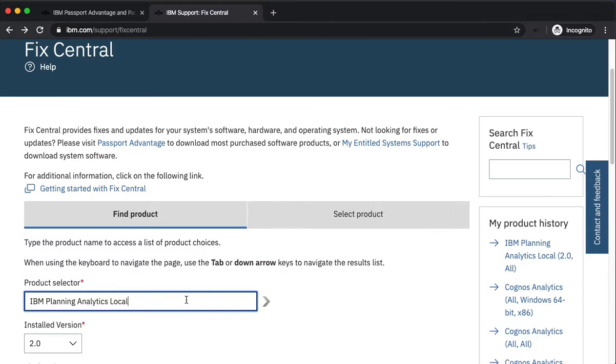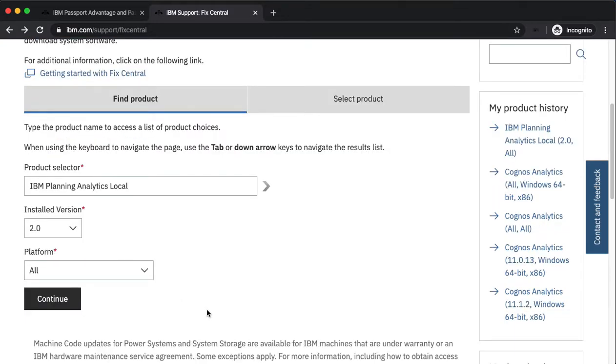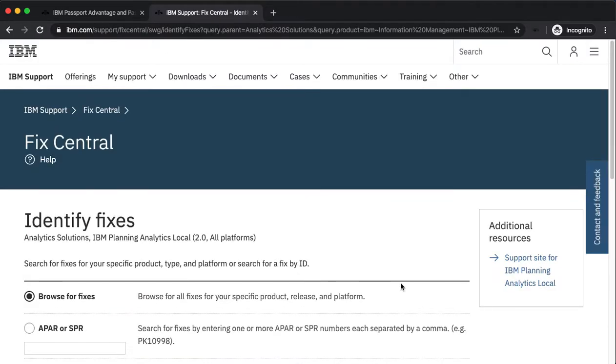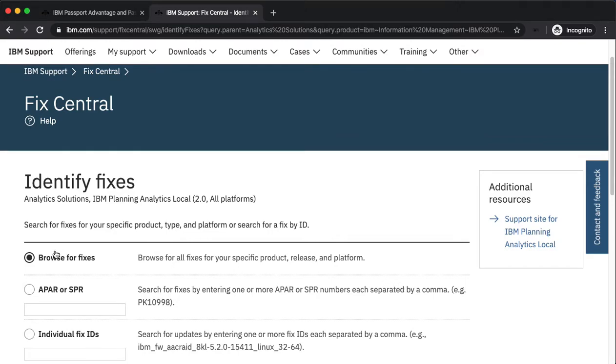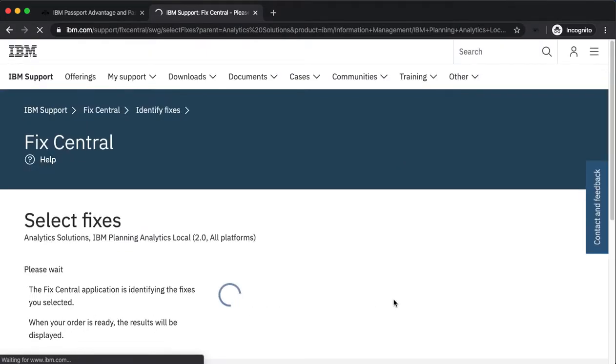Once you get to this page, in the product selector you can type IBM Planning Analytics Local. Select the latest version and leave the platform to all and click OK. And I'm going to browse for fixes. Once you click OK and select fixes page,